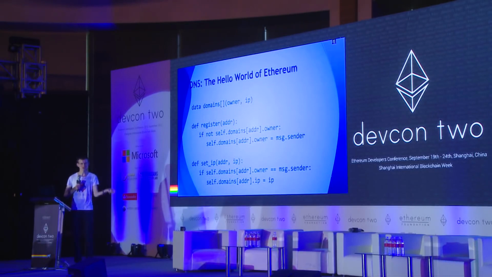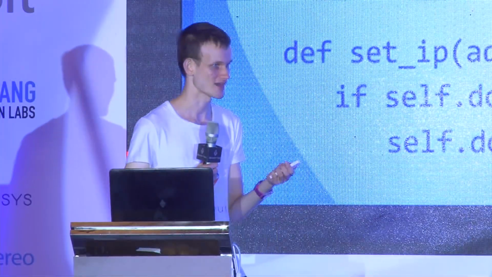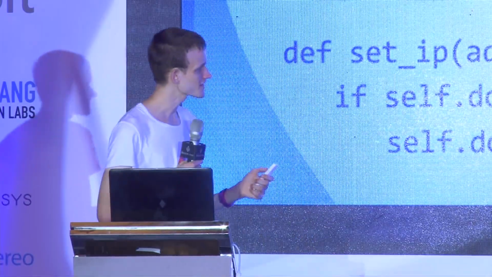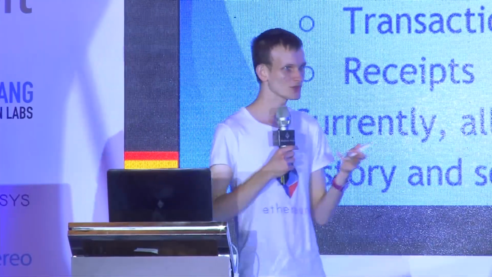Now, if I send another transaction, which talks to this contract and registers a domain, then the process of executing that transaction is going to change the state. The new state is going to contain some storage keys that say this particular domain has some particular owner and some particular IP address. So that's what the state means: stuff that you have to care about now. In Bitcoin, for example, the state is pretty simple. It's just how much money everyone has at some particular point in time.